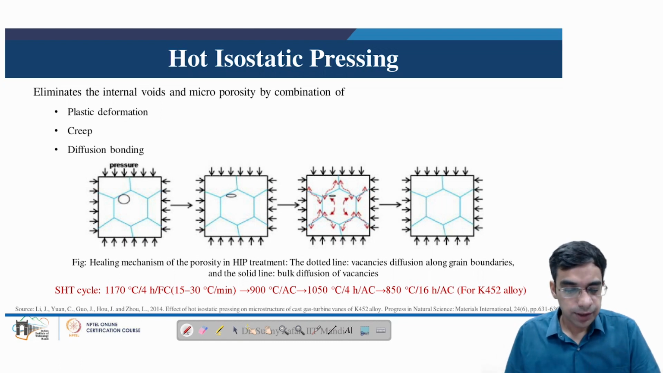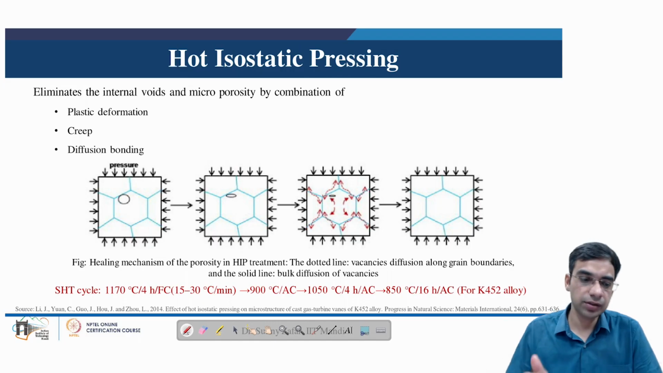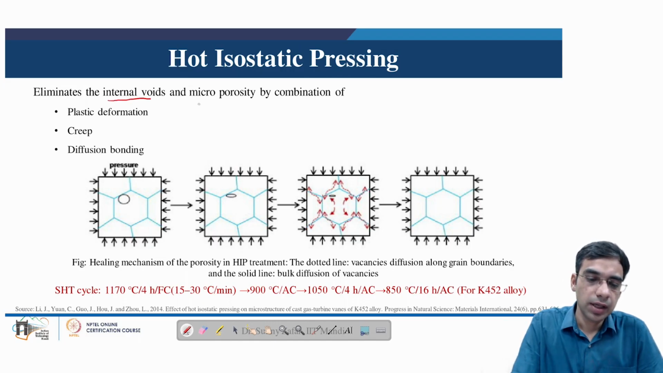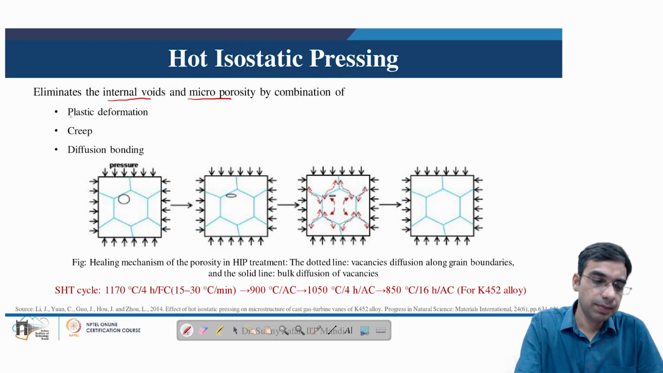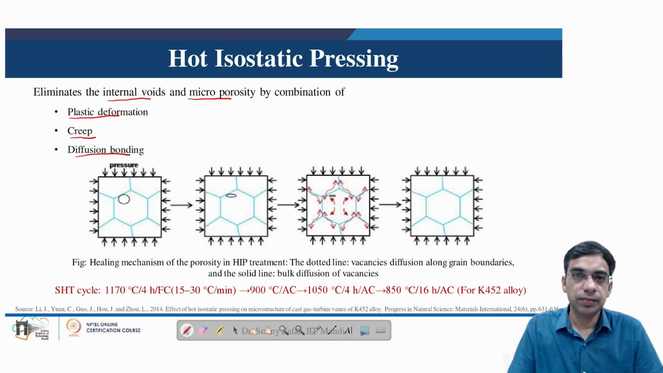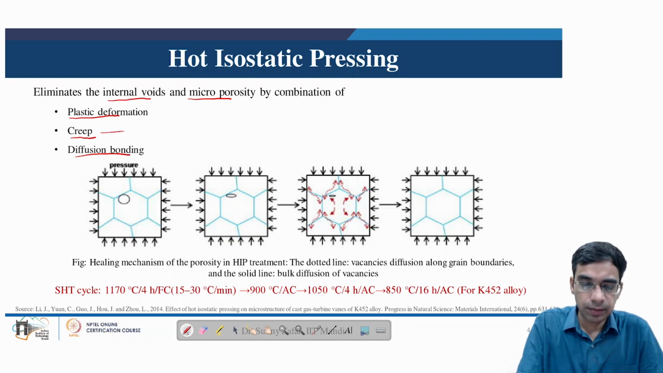So now let us try to understand the mechanism of how the hot isostatic pressing process works. It works by eliminating internal voids and microporosity through a combination of three mechanisms: plastic deformation, creep and diffusion bonding. Essentially it is the diffusion which is taking place because of high temperature. This diffusion is enabled, and in creep we have two varieties of creep taking place. One variety of creep is Nabarro-